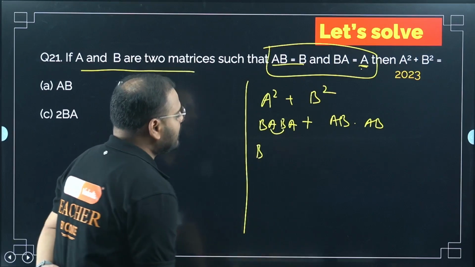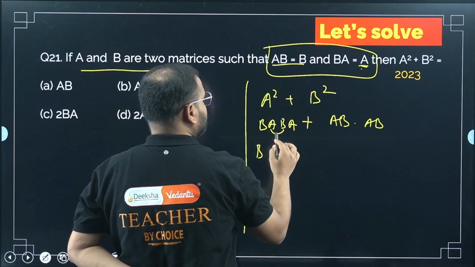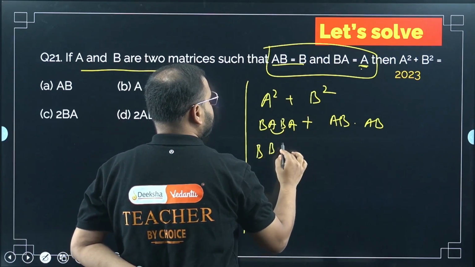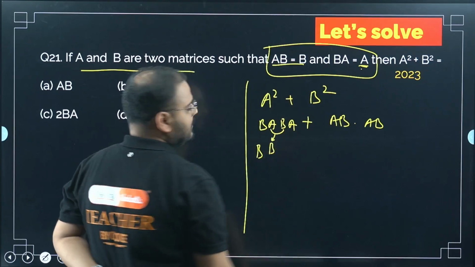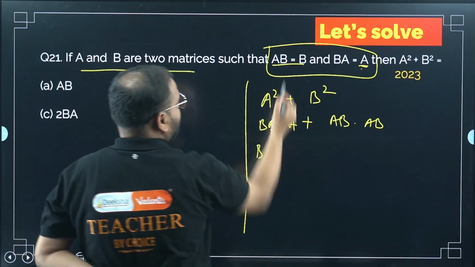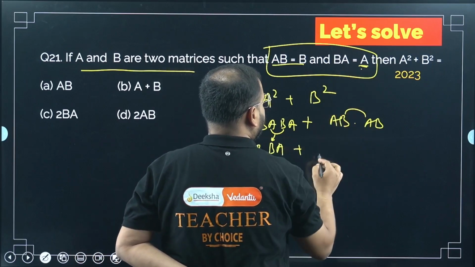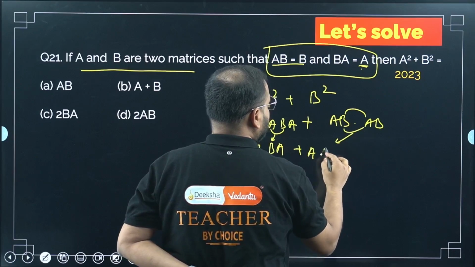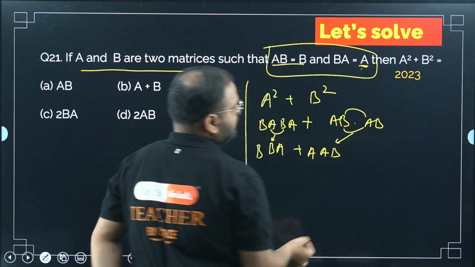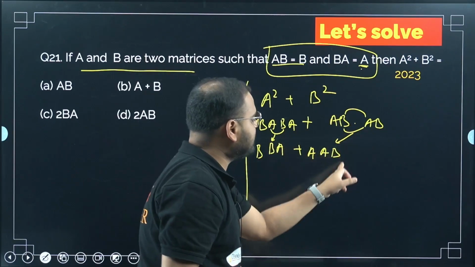What is the value of AB? Combine this, the middle part, AB. B is there. So instead of this, I can write it as B. I'm writing this AB, please check here, as B from here, and A will remain like this. And over here, BA as A. So I'm writing this BA over here as A. So see, A is kept like this, BA becomes A, and B is kept like this.